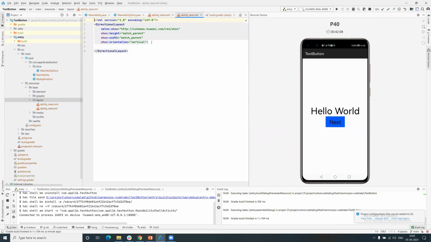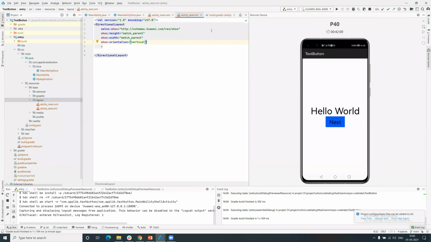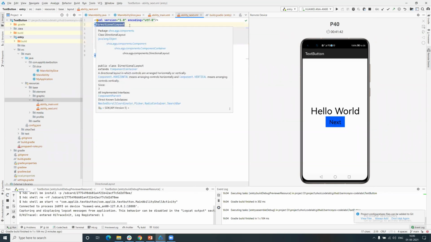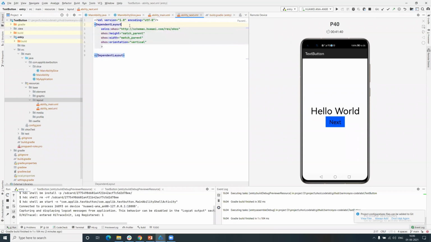So it is created already. Somebody suggested that if I do it here, it will come to the center. But I have another way of doing that. Can we try that? It is similar to what we have done, but we will use a different layout this time. Instead of the linear layout, let's use the dependent layout. So once I change, automatically